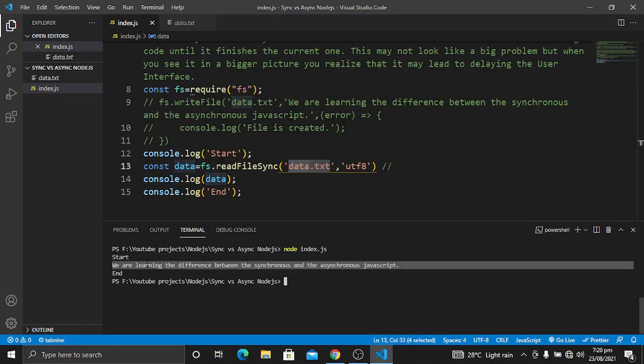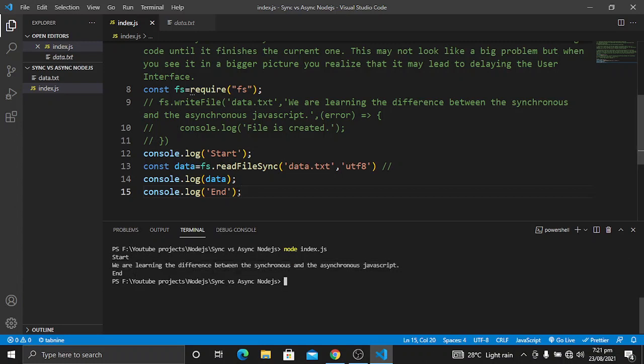Now you can see the data that we are getting, and then in the complete sequence it logs this end string. So at this point what you can see is this synchronous version will wait for the data to be read from this file, because this is the main concept of the synchronous version.